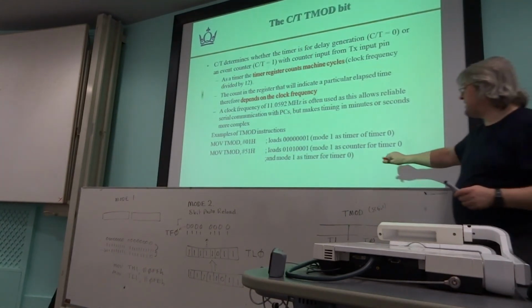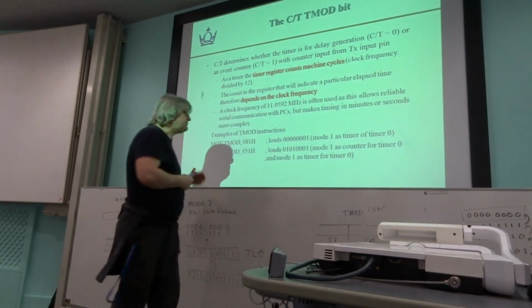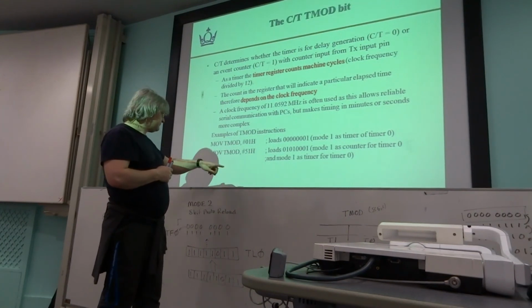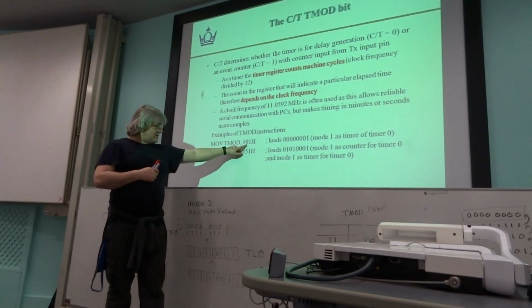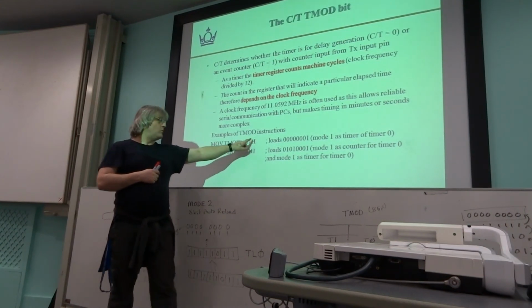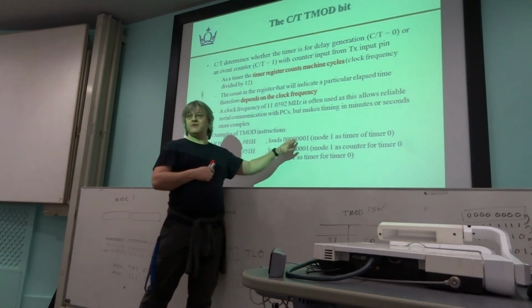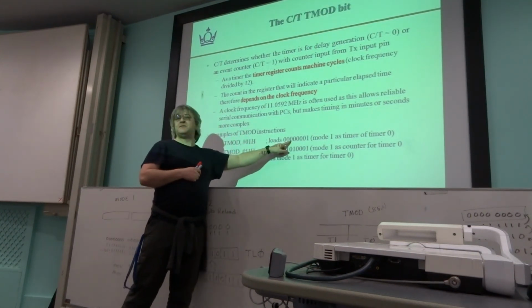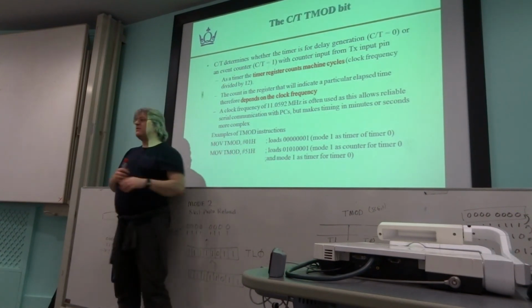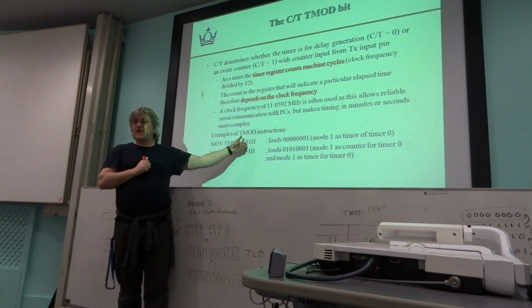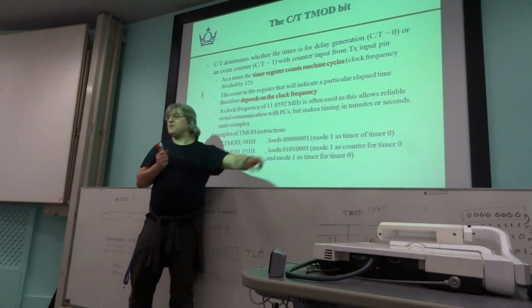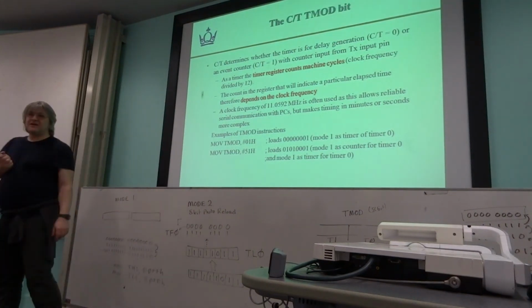There's another example down here. And in this particular case, we're also, what are we doing here? This is actually showing us writing. Now here, we wrote a whole byte, but all the upper nibble was all zeros. So effectively, we had the other timer set for actually mode 0, and we've written CT to be 0, and we've written gate to be 0. But we've just written that because we don't really care what's going on with that timer. Remember, just because you configure the timer in a certain mode doesn't mean it's actually going to do anything. There is a flag